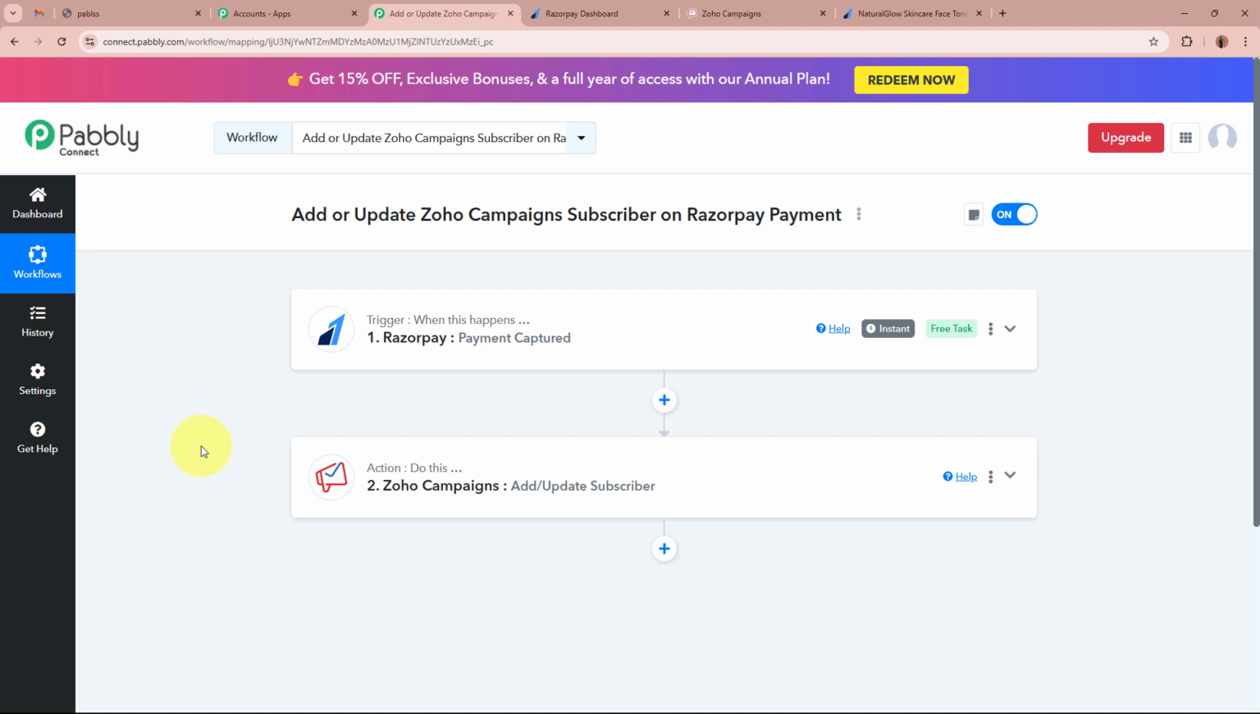So now to sum up what we have done till now, I am an owner of a skincare brand, and using Razorpay, I collect the payments from my customers as they purchase any of the products. And using Zoho Campaigns, I manage the email marketing of my business. Over here in the trigger, I've selected Razorpay payment captured, as whenever a new payment is made by a customer using Razorpay as they purchase any of the products,